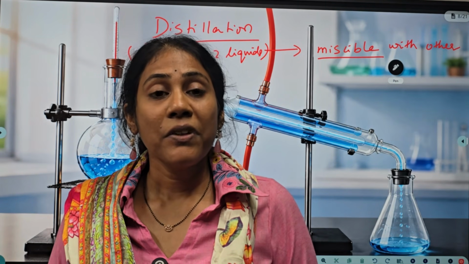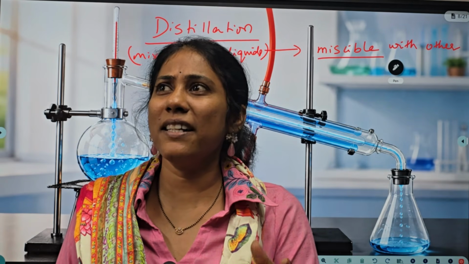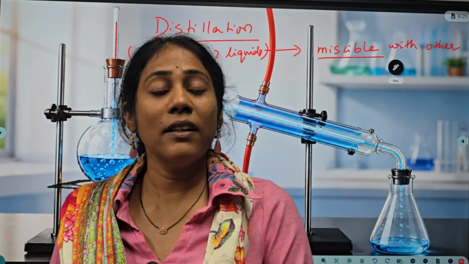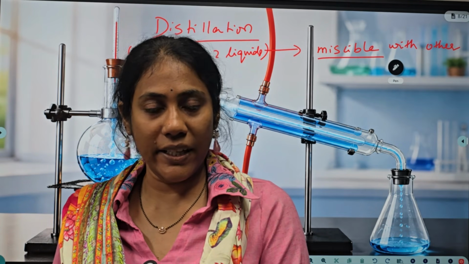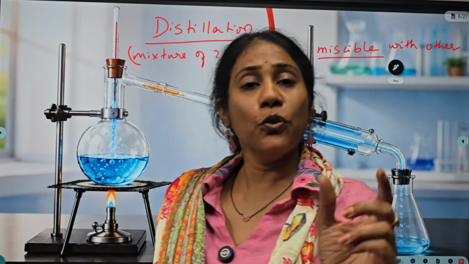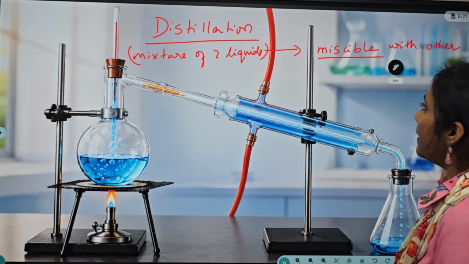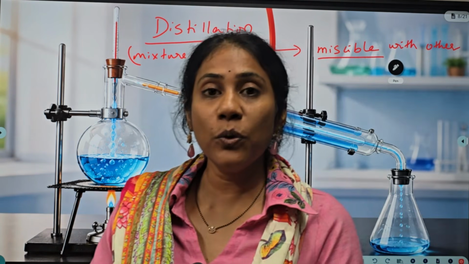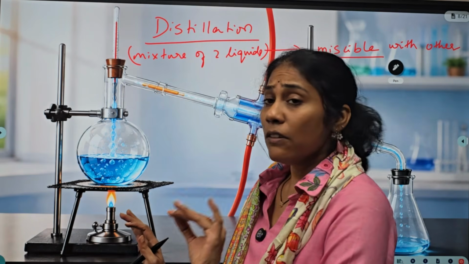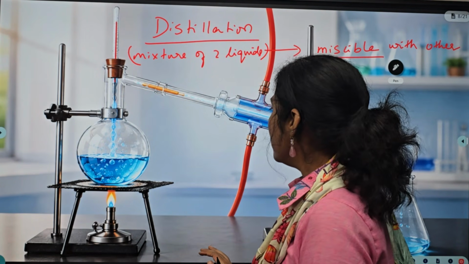For example, acetone and kerosene, or let me take a simple example, vinegar and water. Or lemon juice is a liquid, isn't it, mixed with water, nicely it gets mixed up. So two liquids which can combine so well are called miscible liquids. So when you have a mixture of two liquids where one liquid is mixing with another very well, now if you want to separate one from the other, say I have